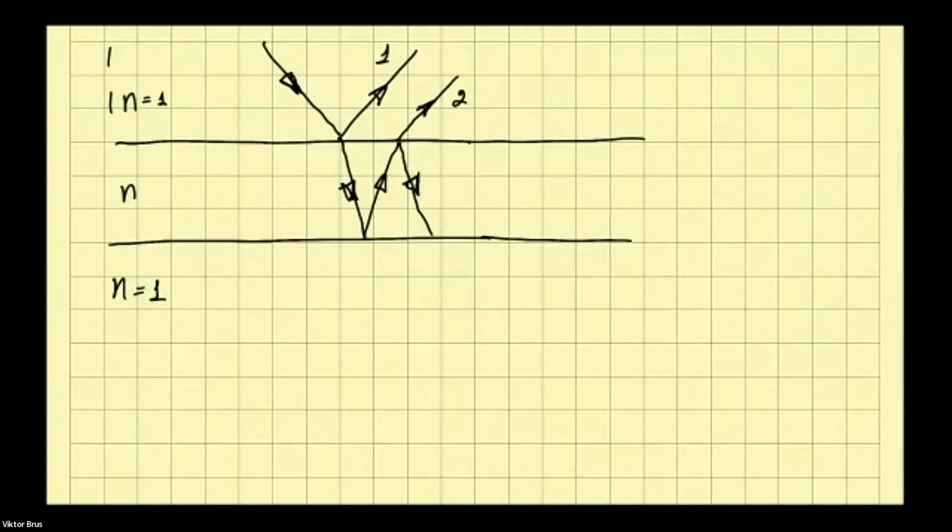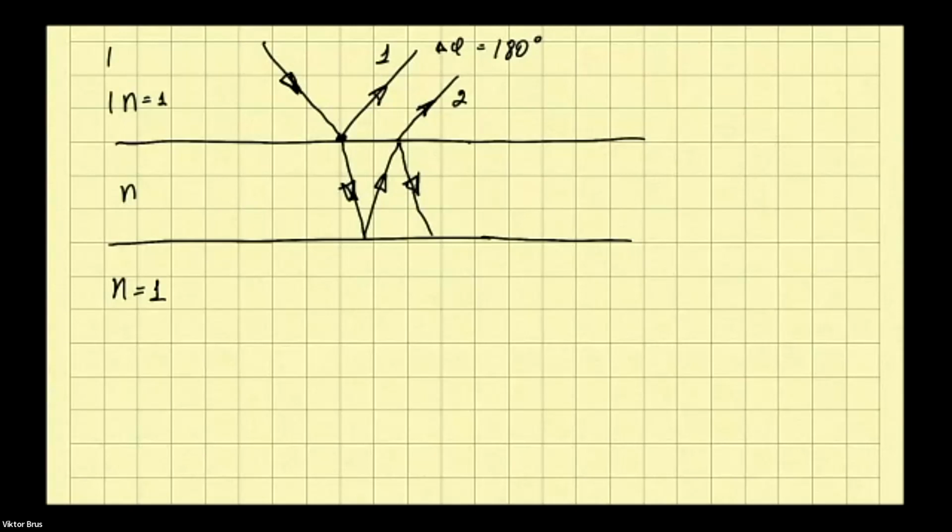It is important to highlight here that this first reflection happens from a more optically dense medium at the interface with more optically dense medium. So that means that we have a phase shift, delta phi, of 180 degrees for this reflected beam 1. For the refracted, and then twice refracted beam 2,